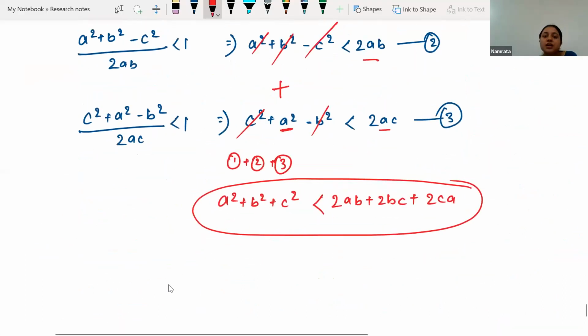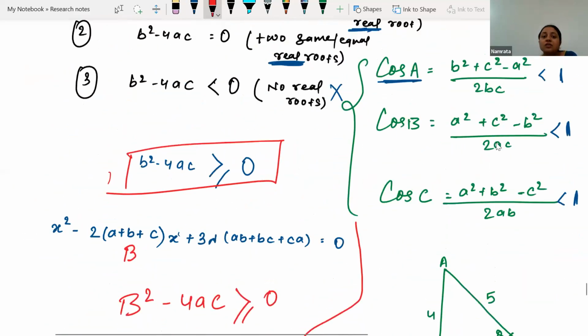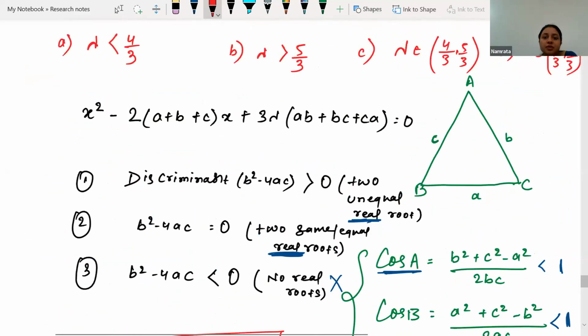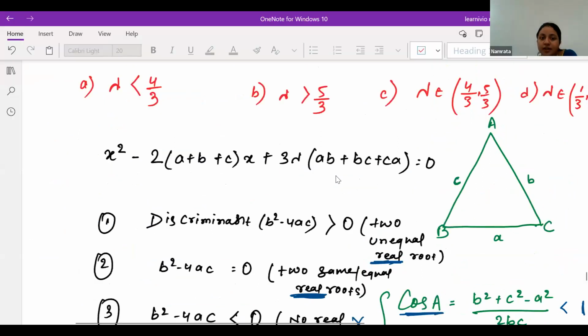Okay, so these were the concepts. Here, if you have noted down the concept, well and good. If you have not noted down this concept, which I have written related to discriminant and all, I'll be